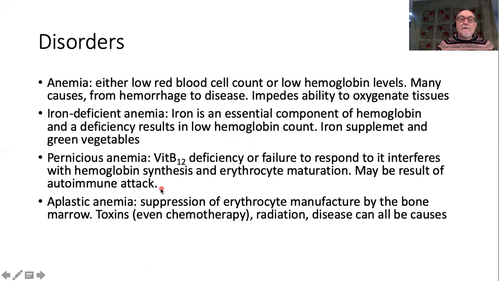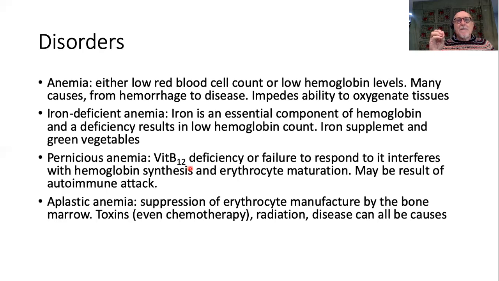There is another kind of anemia called pernicious anemia, and pernicious anemia is due to a vitamin B12 deficiency. This is an essential vitamin, and there are two reasons that you can acquire pernicious anemia, either because you lack vitamin B12 in your diet, in which case it's relatively easy to deal with. You can have vitamin B12 injections and then adjust the diet so that you increase the amount of vitamin B12 that you acquire. But more dangerous is that there are certain